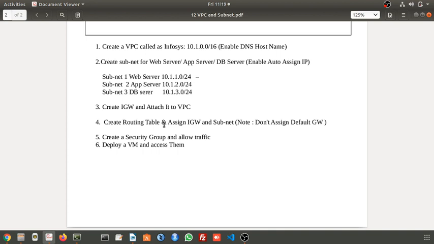Then after that, as we already know, we have to create a security group and allow the traffic, meaning which port we have to open and which traffic we have to access has to be defined in this security group, like SSH, ICMP, HTTP, and MySQL port, whatever the service you want to offer. As per that service you have to allow the traffic. Before that, you have to create a security group and add all the traffic rules in that.